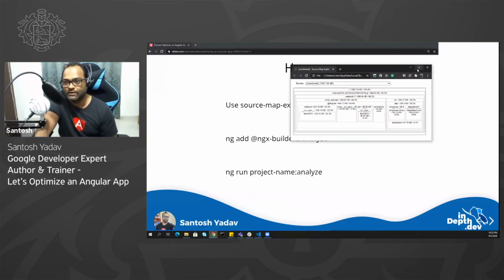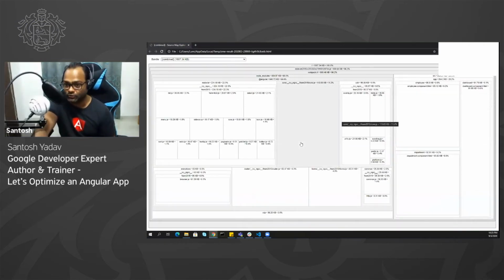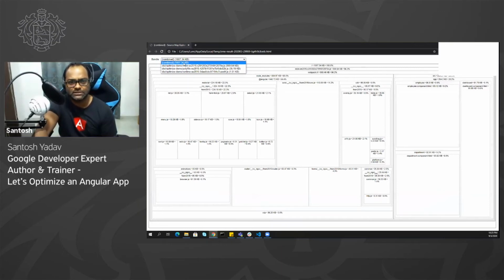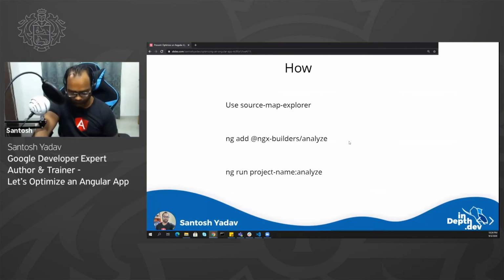It also helped us to actually split our modules as well, because we could see a lot of modules which are not required on startup were still in my initial bundle. So we removed everything, and right now you can see this application with 3 modules and Angular Material and a custom theme is around 1007 KB. And last time I did a talk where I just tried 2 things. I tried to remove a shared module, and I did lazy loading. And this application right now came to around 800 KB. I mean, I could simply use these 2 techniques and save 200 KB. So that was a really good improvement.